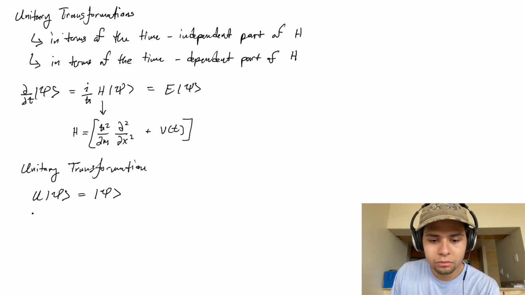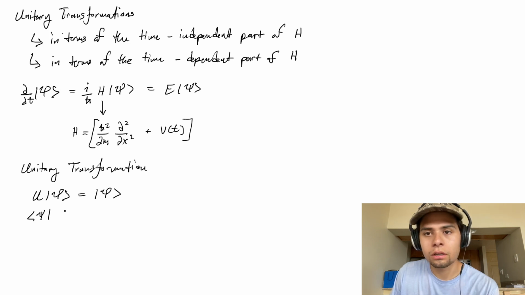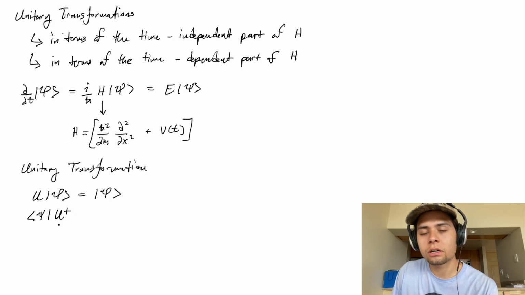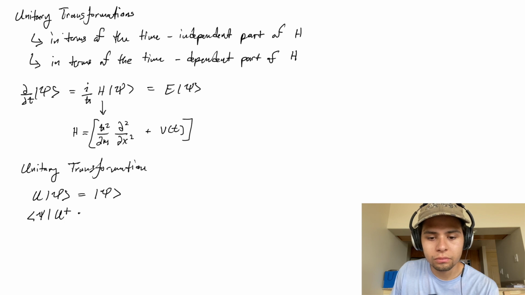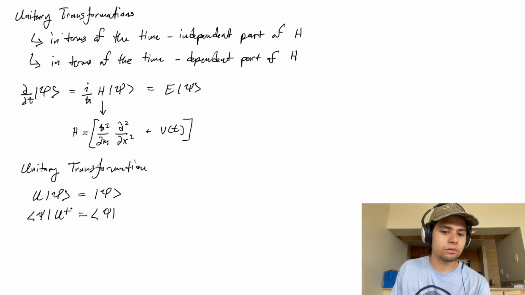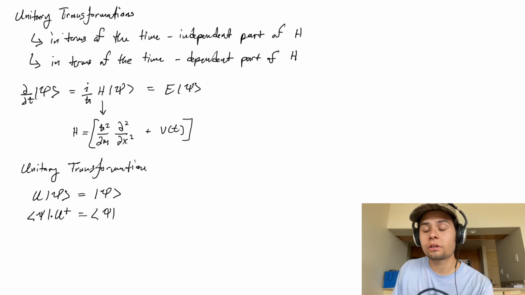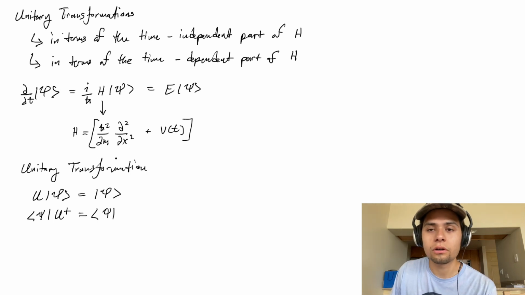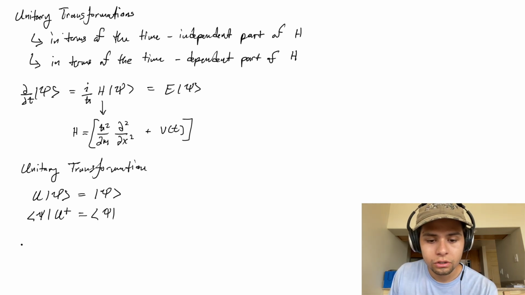Similarly, if we have our associated bra state, we need to complex conjugate U in order for this statement to be true. So this is the definition of a unitary transformation. The unitary transformation has to be Hermitian. I haven't gone over what it means to be Hermitian. So Hermitian